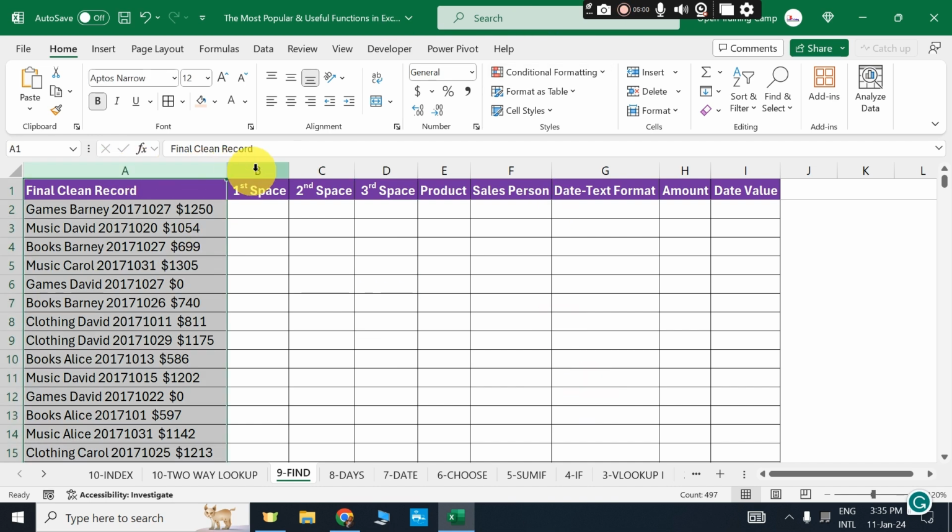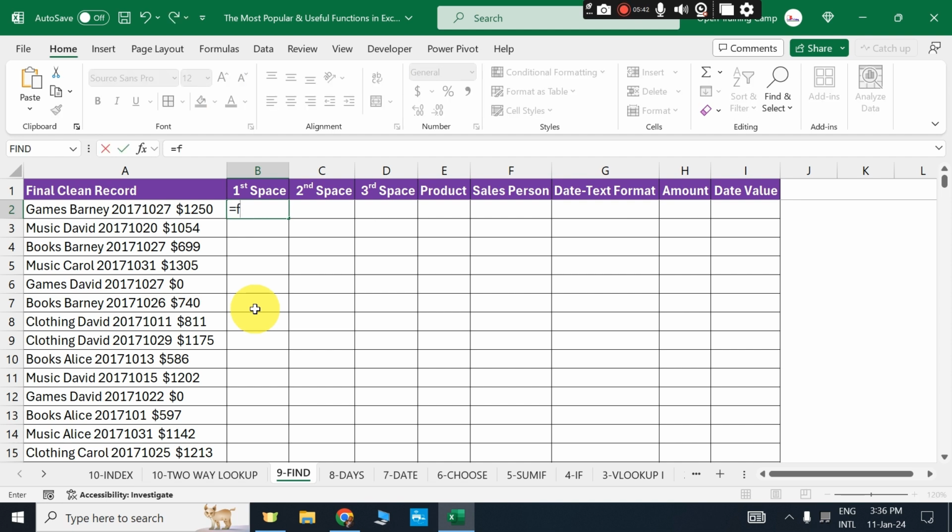Assuming that this is the data set that you're maintaining in your worksheets, and the question here is very simple. We want you to look at this particular entire text string and tell us what is the position of the first space that separates between words in this particular cell. So I'll head over to this cell and say equals find. What are we finding? We are finding a space, so I'll open quotes and in between I put a space,